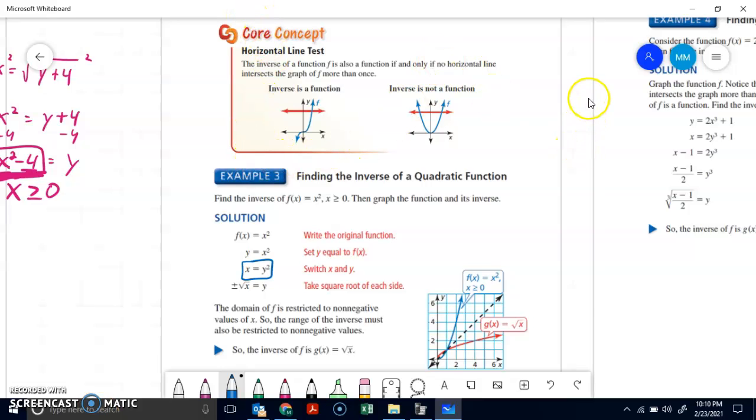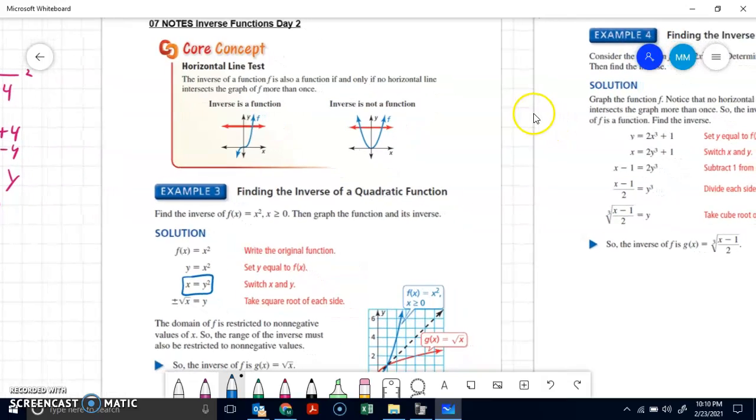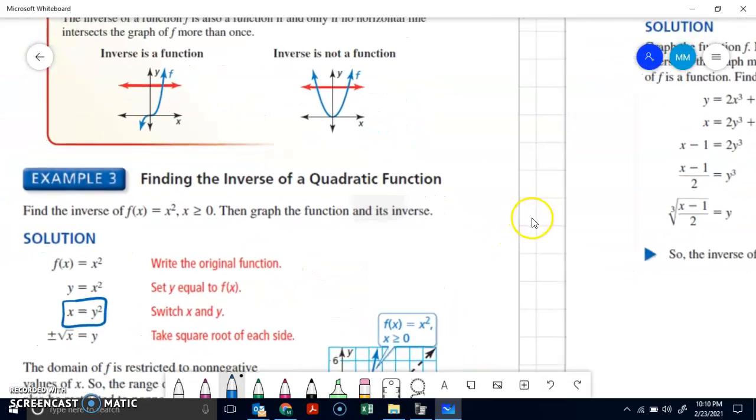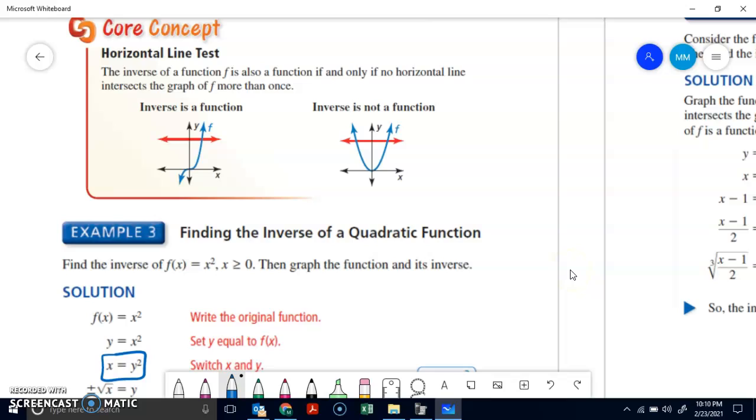Alright, this is the second day for inverse, and we're just going to be doing basically the same thing with one addition. And that addition is related to something you did in Algebra 1. In Algebra 1,